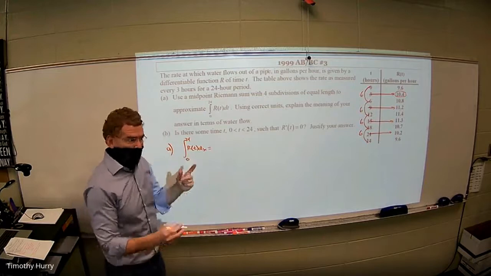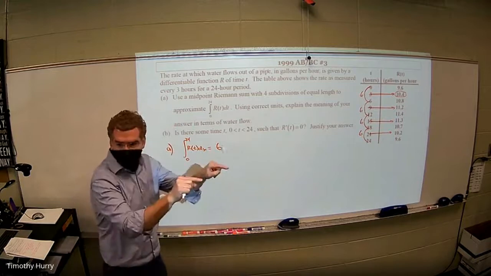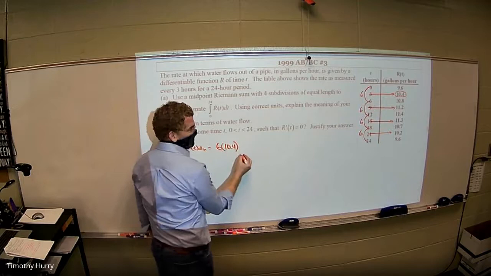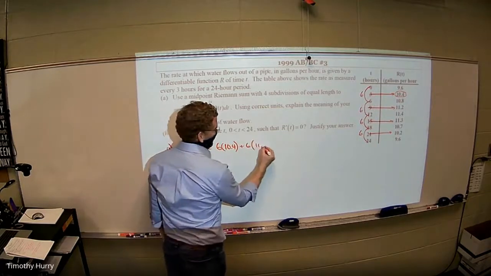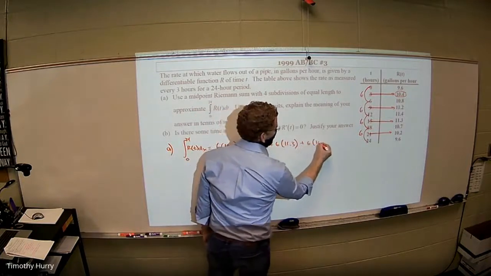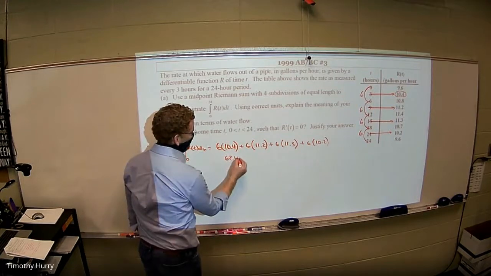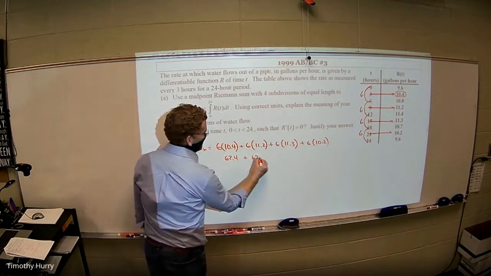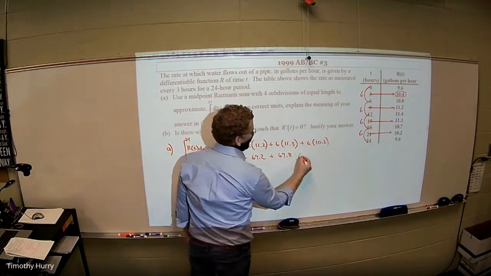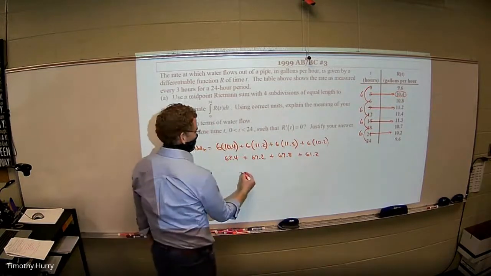And what do I do with midpoint? You just take the base, which is 6, times the height in the middle, which is 10.4. So 6 times 10.4, 6 times 11.2, 6 times 11.3, and 6 times 10.2. So I get what? 62.4 plus 67.2 plus 67.8 plus 61.2. And I add that up and I get 2